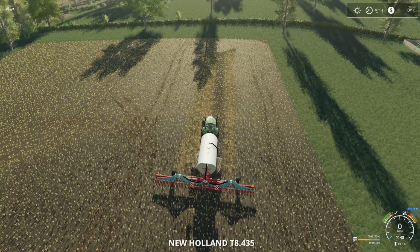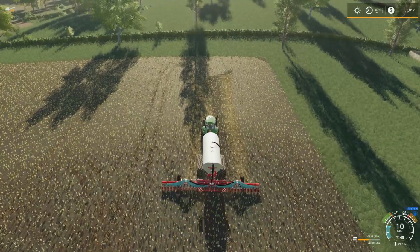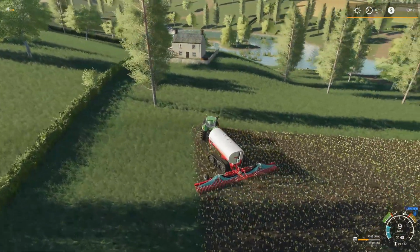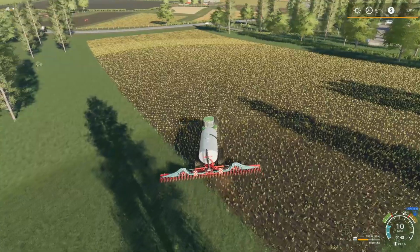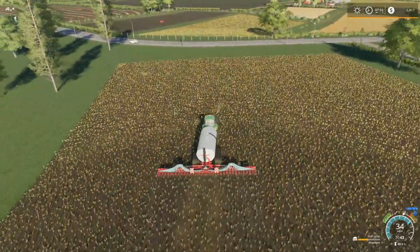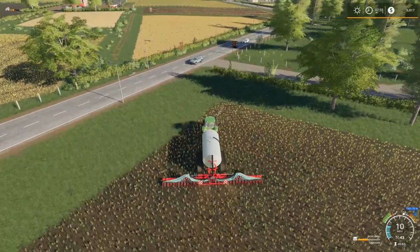Alright, jump back over to here. Turn the tank on. Lower the injector. Now see, a field this size is perfect for this injector. But the field we did the other day probably could use the bigger one. Yeah, there are a couple patches I missed here and there, but it's going to have to do. Actually, I can't even see. Oh, there it is. I see it now. Probably not worth it to spray it, but...